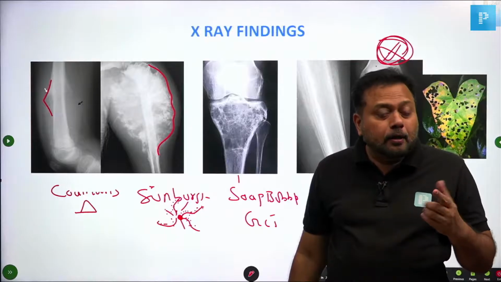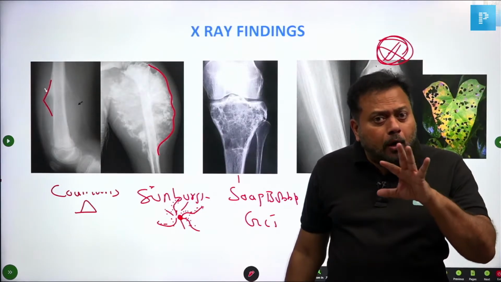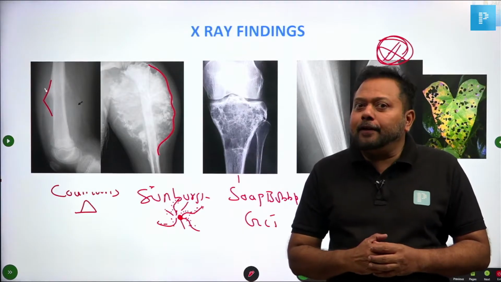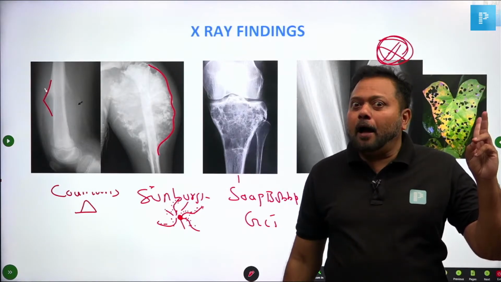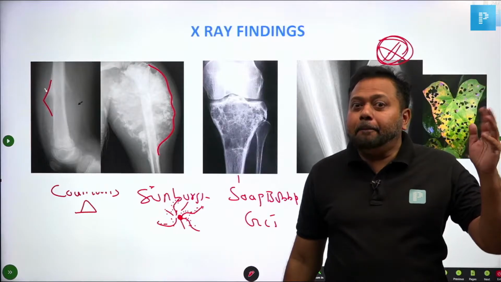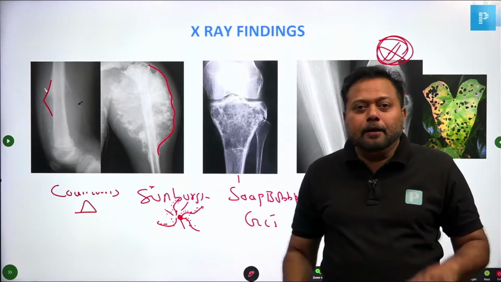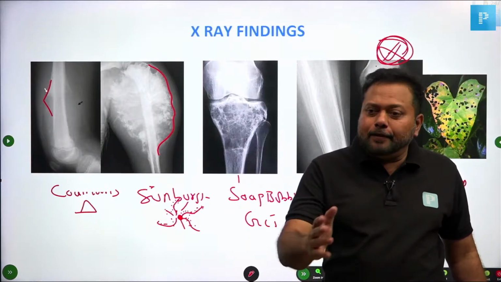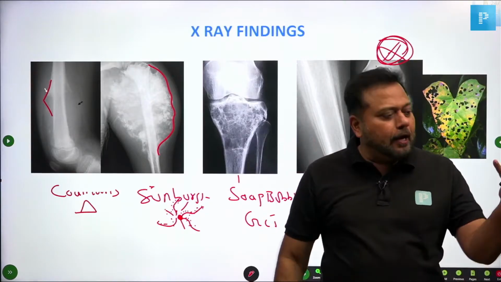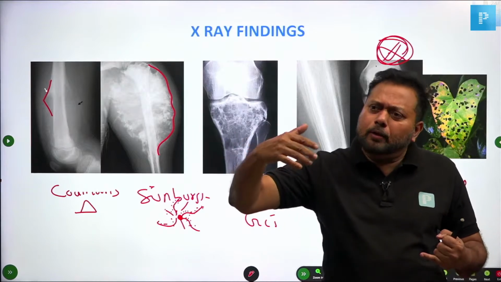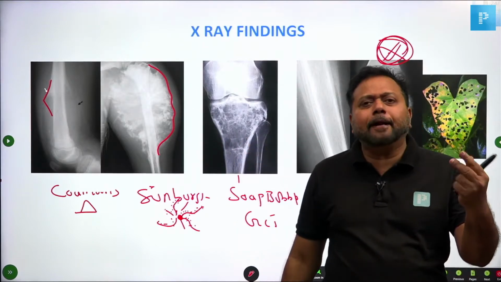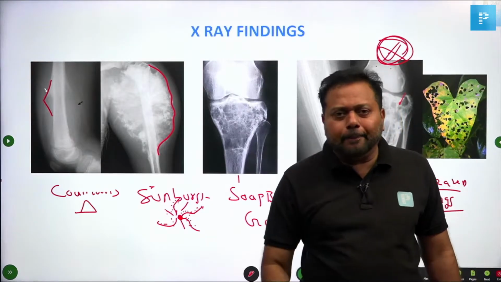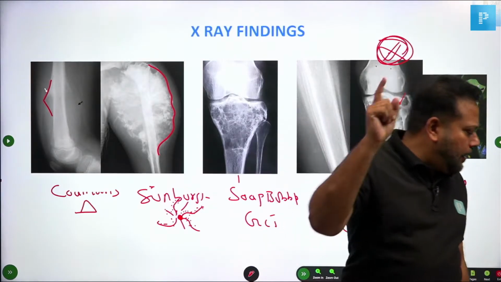Yaws, where we read in micro, non-venereal syphilis. You remember that non-venereal syphilis? Yaws, Pinta, Bejel, Parangi, Payan. This non-venereal syphilis can manifest in 5 forms. Treponema pallidum syphilis is venereal. Non-venereal syphilis, yaws, is outdated now. They are eradicated. Of these 5, yaws in bone produces moth-eaten appearance. Then Ewing's sarcoma, moth-eaten appearance.